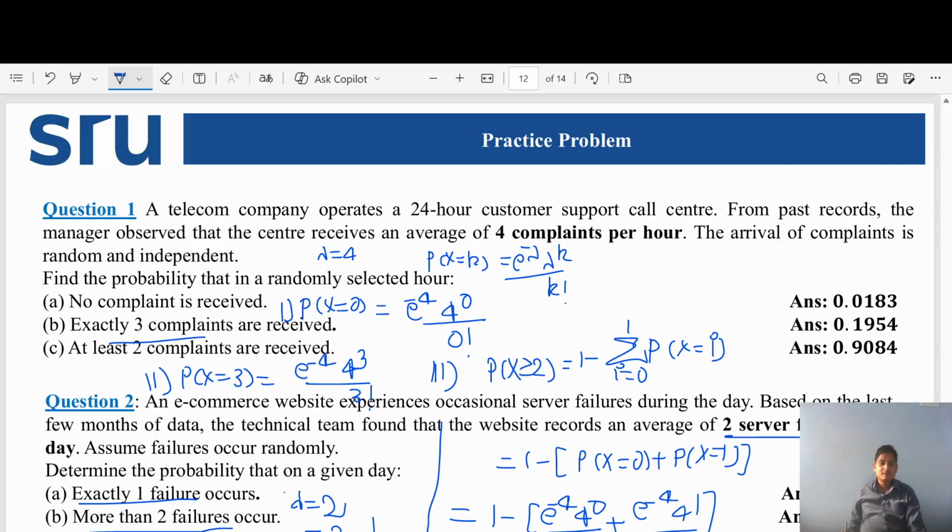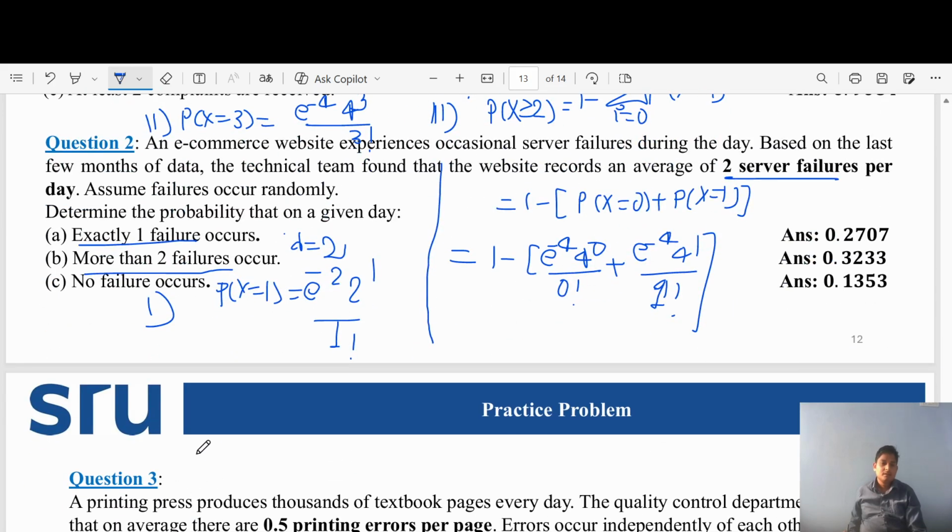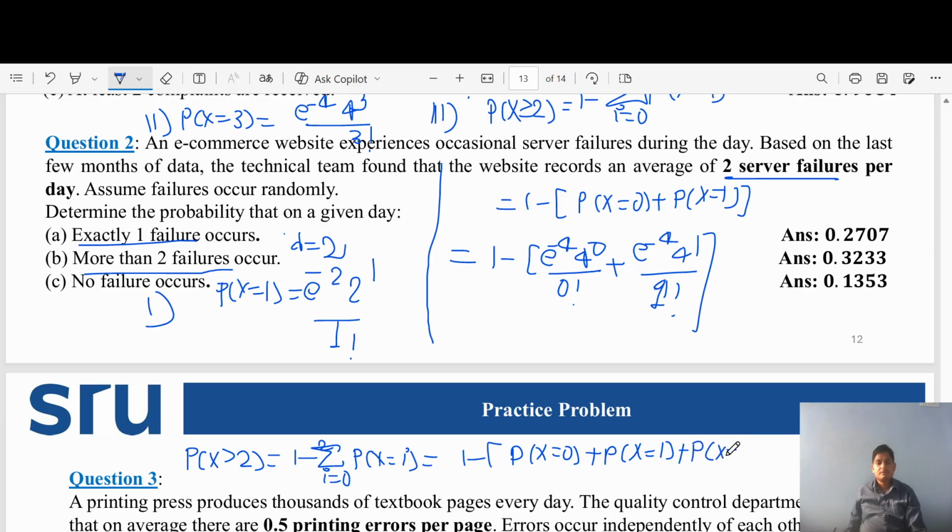More than 2 failures means we solve this here. P(X>2) is 1 minus the sum from x equal to 0 to 2 of P(X=x), so 1 minus [P(X=0) plus P(X=1) plus P(X=2)]. If we put all these values, this becomes 1 minus e to the power minus lambda, lambda is 2. So e to the power minus 2, 2 to the power 0 upon 0 factorial,